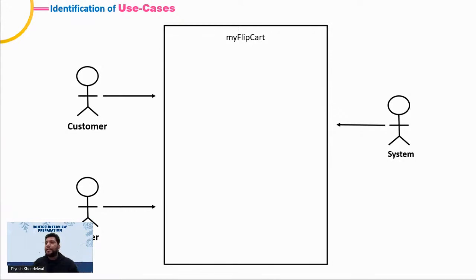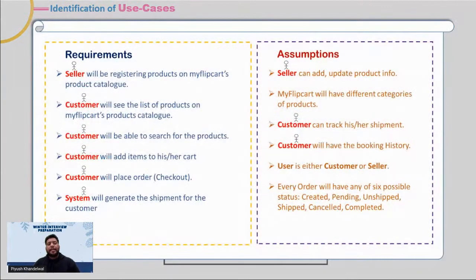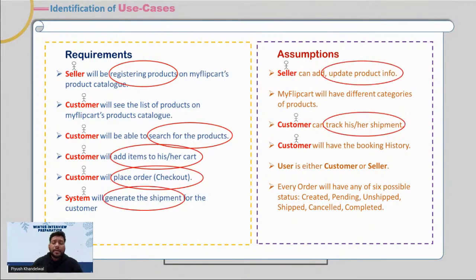cases, and when we need to identify use cases we'll again go back to our requirements, right, and these were our requirements where we figured out the actors, right? अब मुझे इसमें वो सारे वर्ब्स निकालने हैं, जो एक्शंस हमारे एक्टर्स सिस्टम के साथ परफॉर्म कर रहे हैं। तो सेलर्स विल रजिस्टर प्रोडक्ट्स, कस्टमर्स विल सर्च द प्रोडक्ट्स, ठीक है, customers